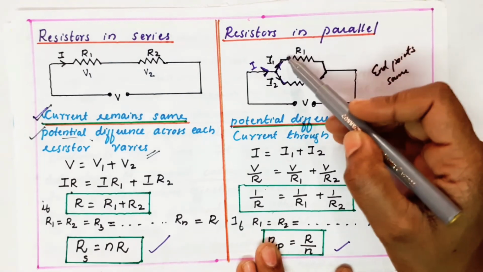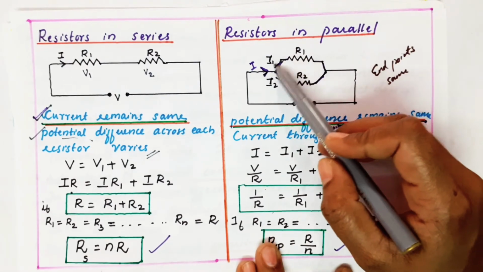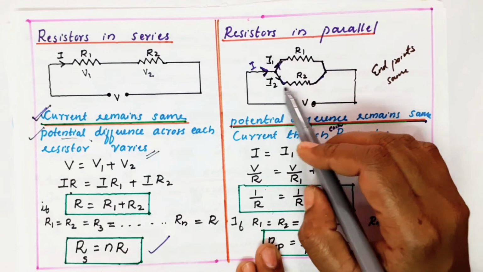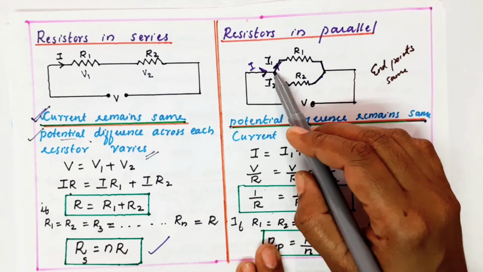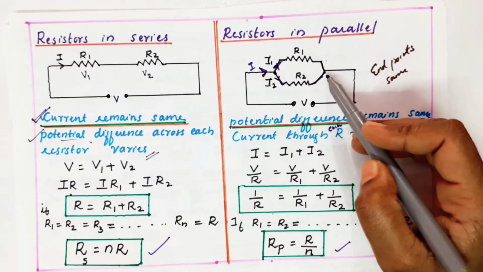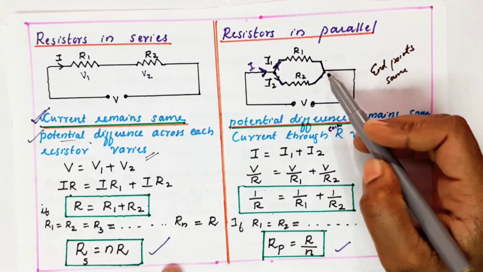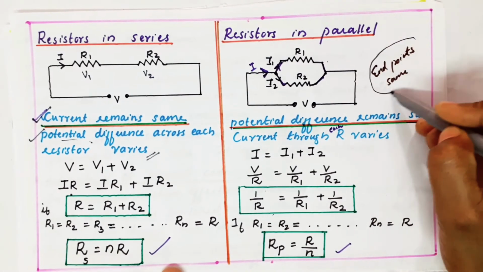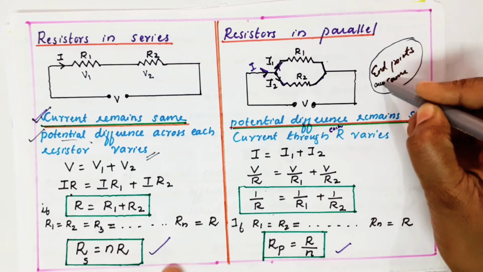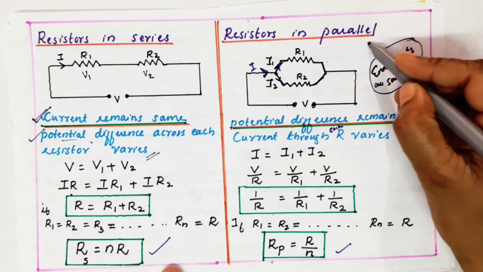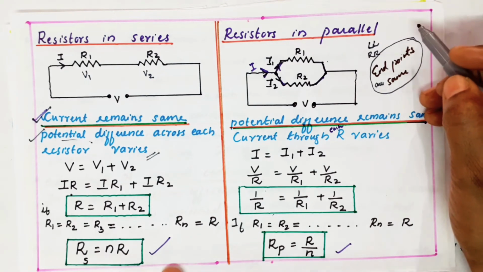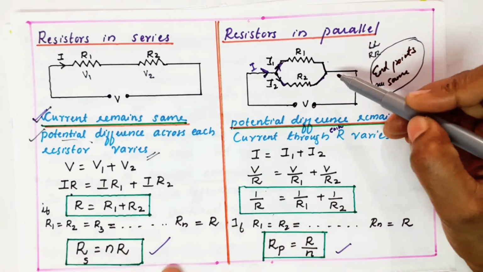Now, parallel connection means the connections are like this. So it means that I told you already the resistor, you take it as two arms. So the left arm of R1 and the left arm of R2 are joined together here. Right arm of R1 and right arm of R2 are joined together at this point. It means the end points are the same. Left hand is joined to left hand, right hand is joined to right hand. So their end points are the same in this connection.